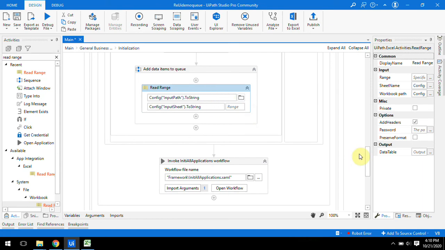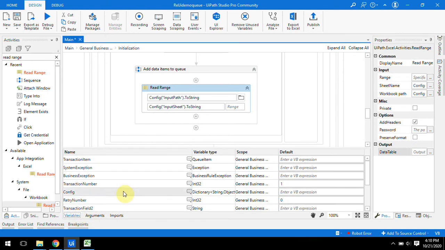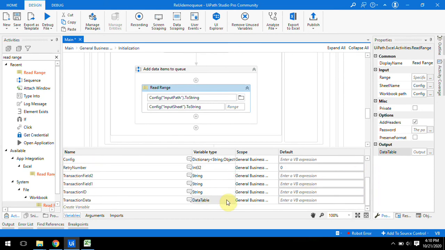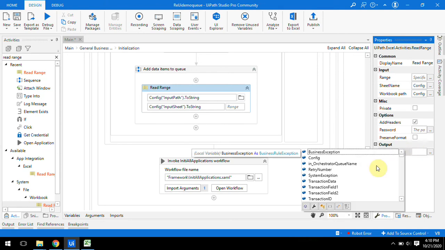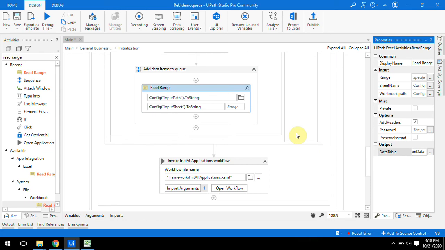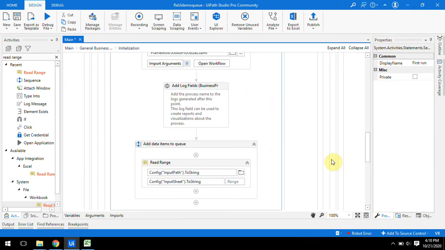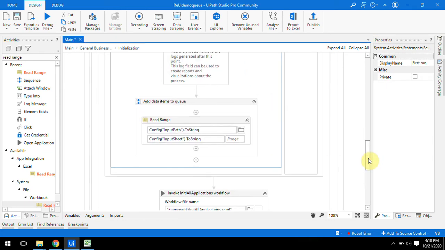For the read range output variable, just check whether there is any data table variable. Yes, we have transaction data as a data table, so we can store it there, using whatever variables are available in the template. Just use control space, transaction data, that is the data table variable. So we used read range to read the data and store it in the data table.